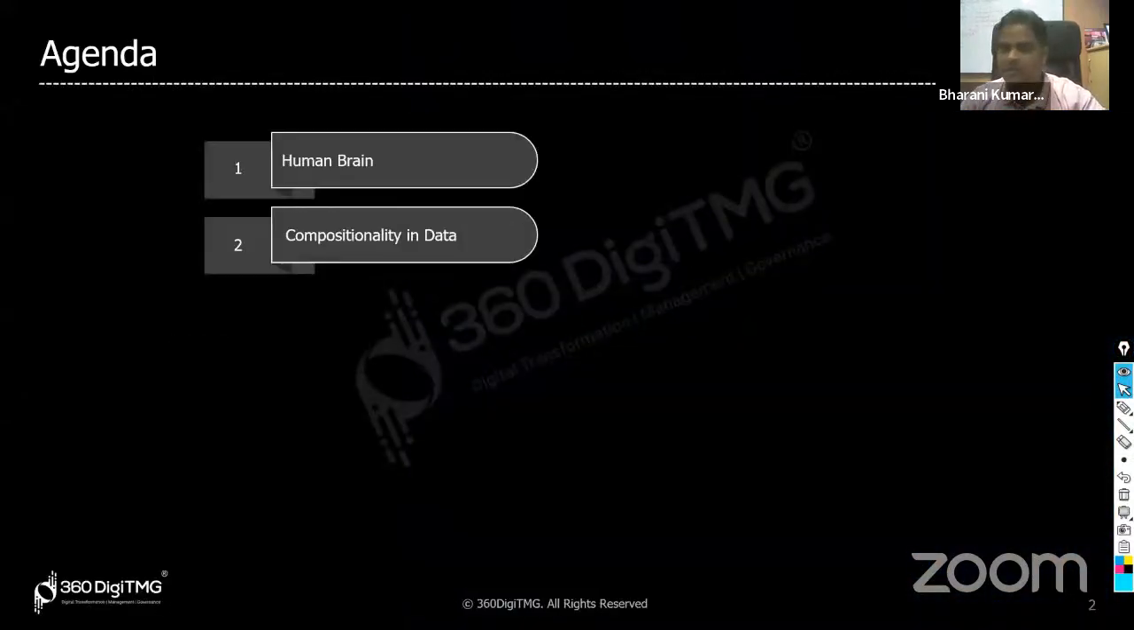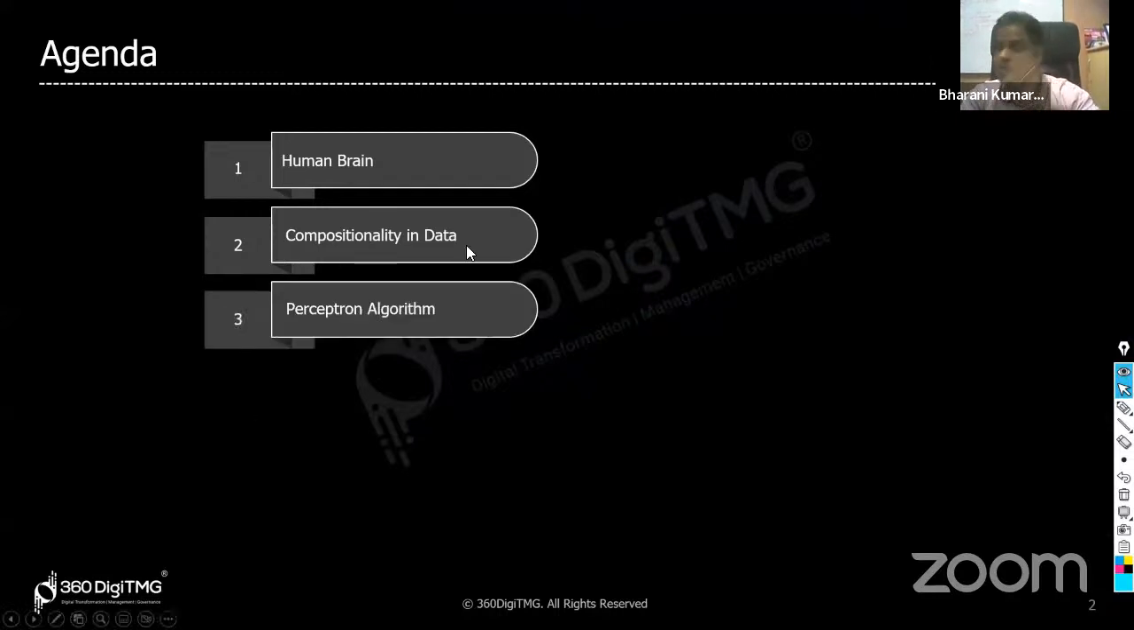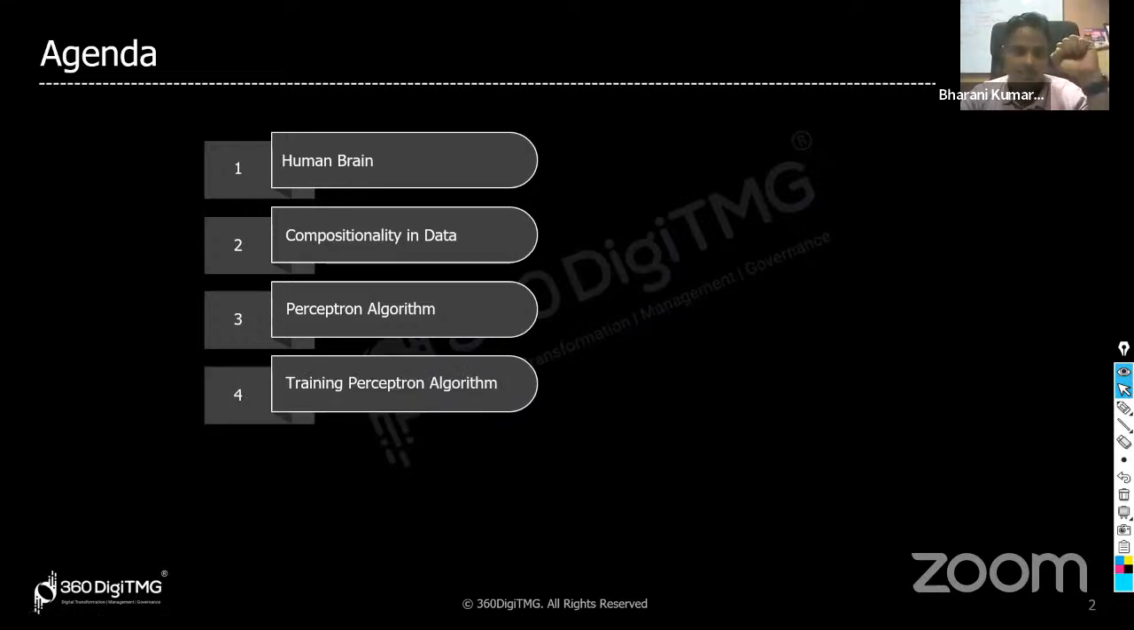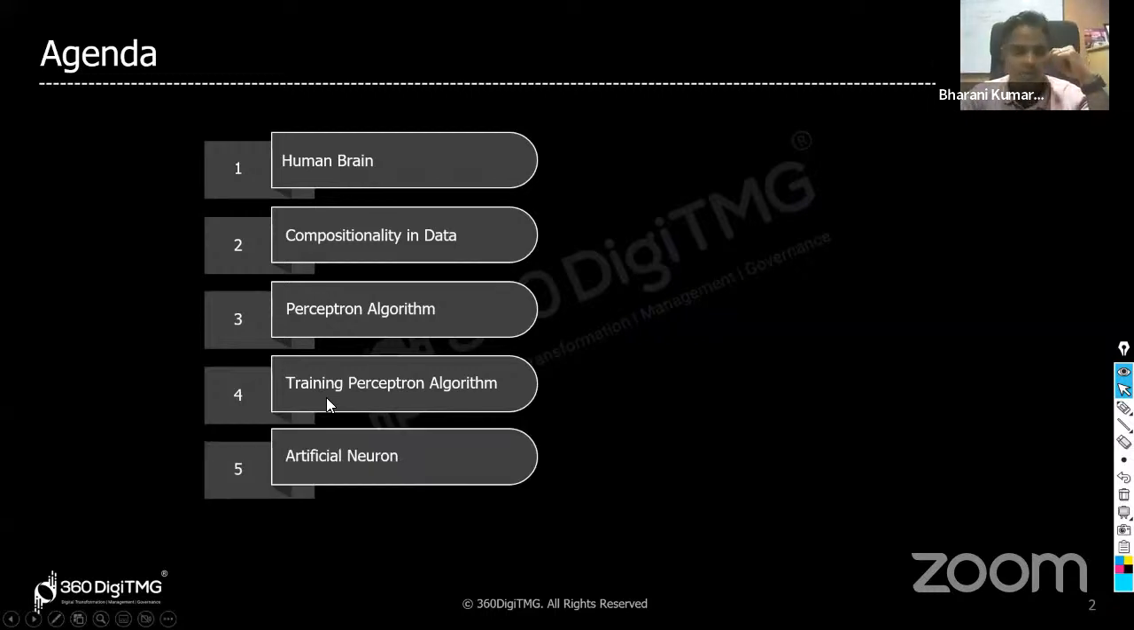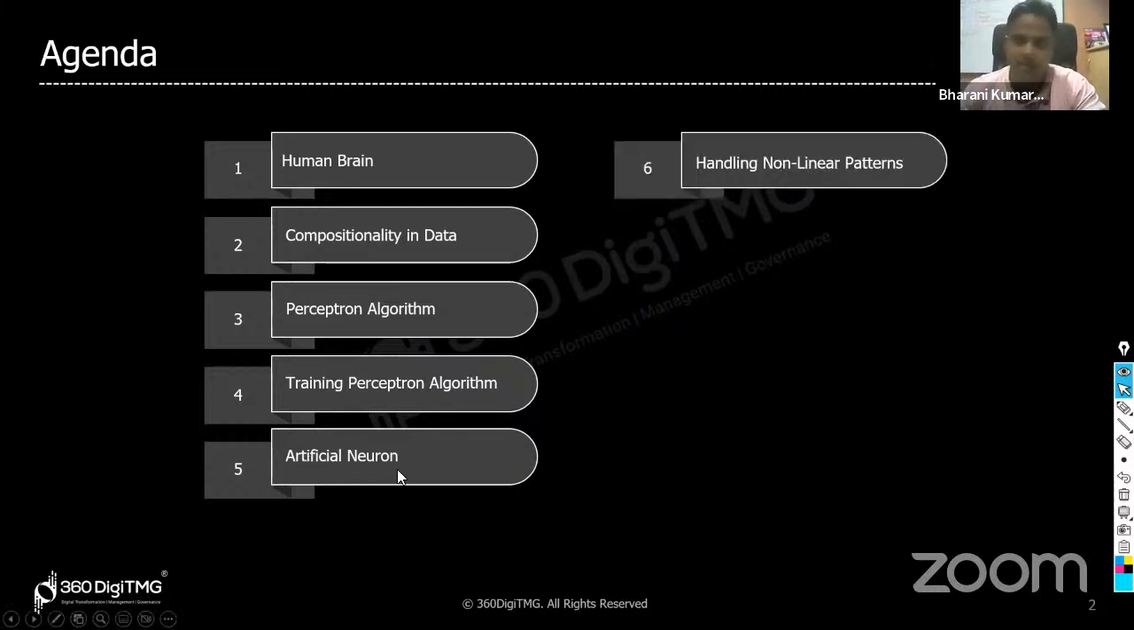We will just understand briefly how the neural network algorithm came to light. What do we mean by compositionality? Very, very important concept. What do you mean by perceptron algorithm and how does it work? Right, the training of perceptron algorithm is what we'll talk about. Then we will spend significant amount of time on artificial neuron, then handling nonlinear patterns,